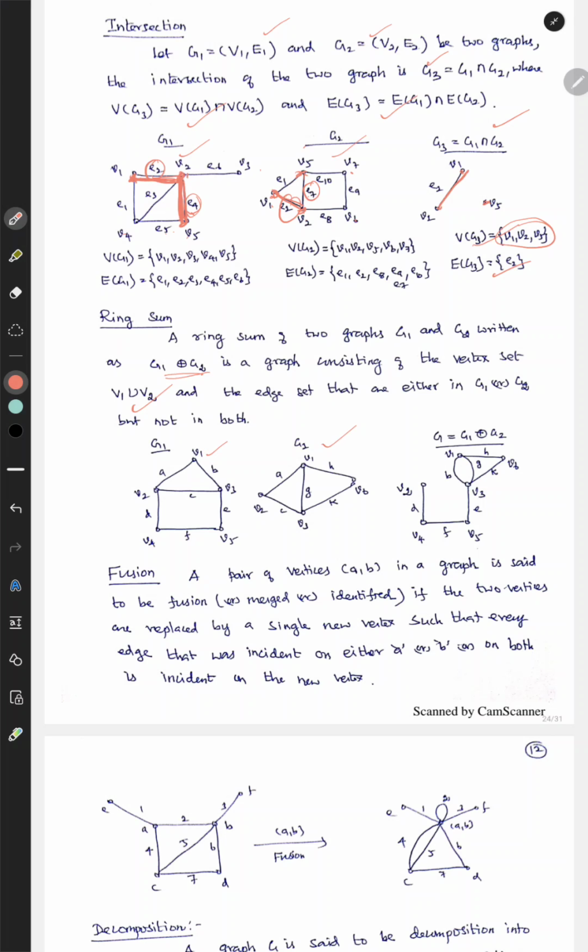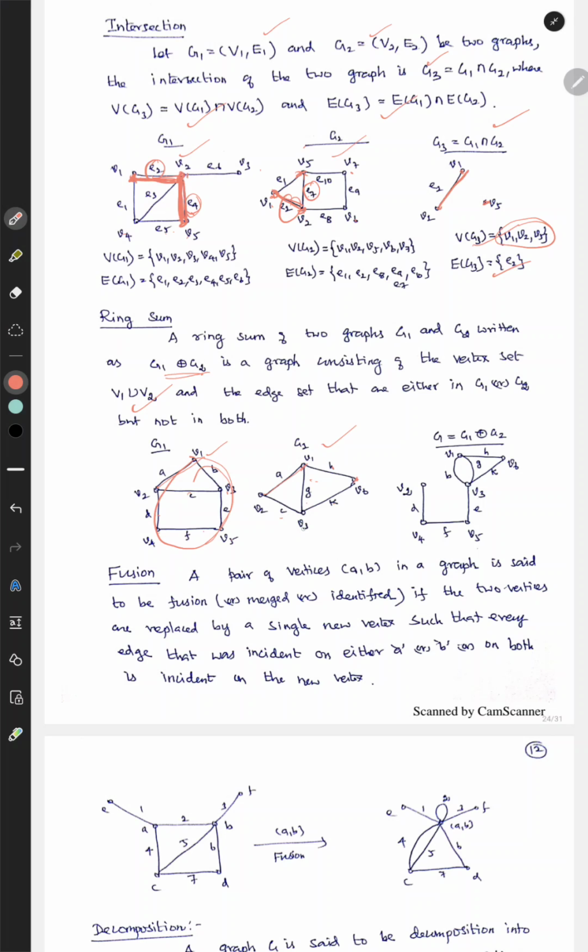So G1 is this, G2 is this. What will be the ring sum? V1, V2, V3, V4, V5. Here there is V6, so all 6 vertices will be there, the union of vertex sets. And the edges which are not common to both. You have V1, V2, A. This edge A is in both the graphs, so it won't be in your ring sum. If you take any other edge, B is not here, E is not here, F is not there, D is not there in G2, C is not there in G2. So all the other edges in G1 will be present, and